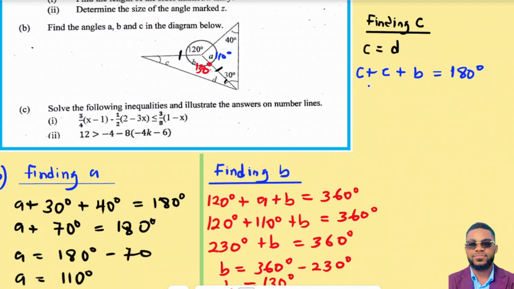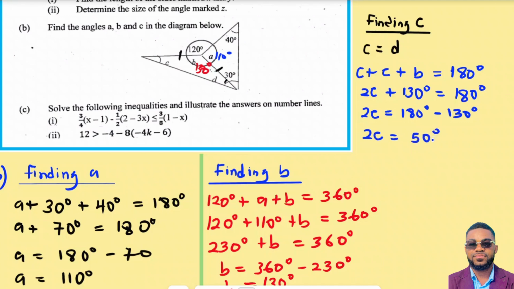So now C plus C is going to be 2C. So that can be simplified. B is 130 degrees. So you just have to get that one here, 130 degrees, equal to 180 degrees. So we have 2C equal to 180 degrees minus 130 degrees. I've just subtracted this one from this one. So I have 2C equal to